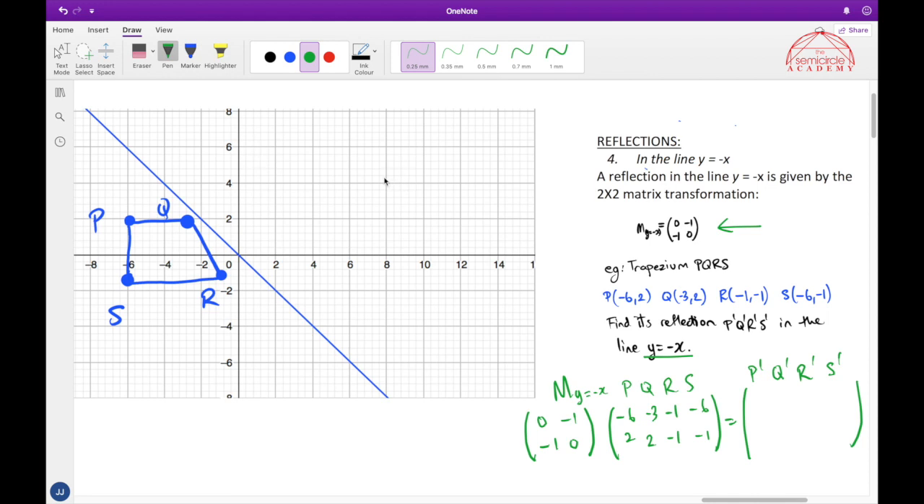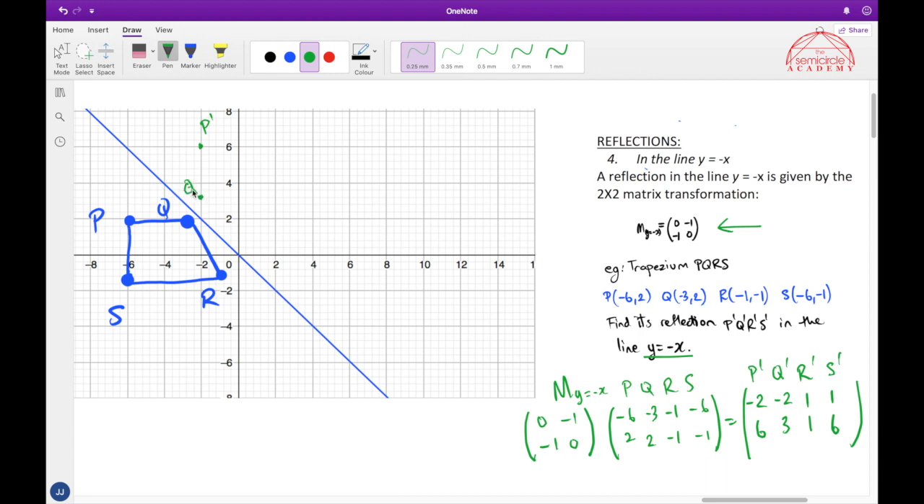Right, so the image that we got when we did the multiplication correctly was negative 2, 6, negative 2, 3, R prime, we get as 1, 1, and S prime as 1, 6. So let's look and see if it looks like a reflection. So we'll plot the point P prime, negative 2 on the x and 6 on the y, all the way up here. So that is our P prime. Q prime is negative 2 on the x and 3 on the y, so that's going to be about here,